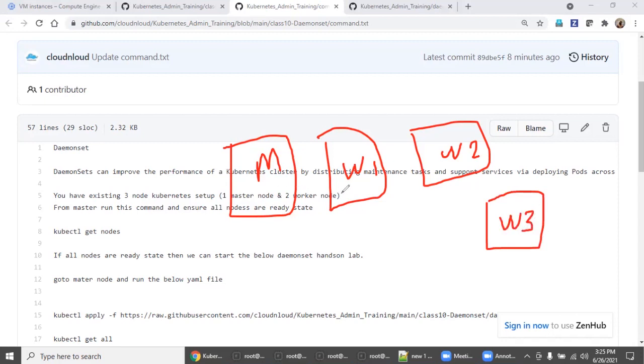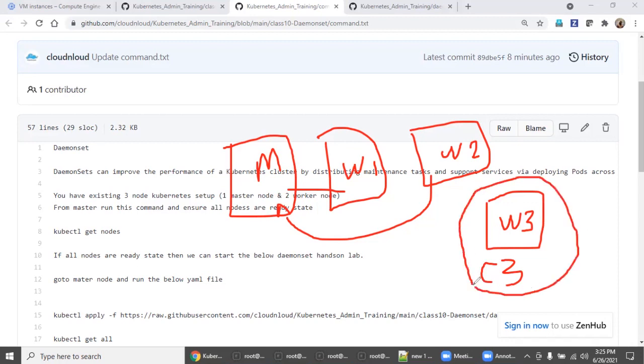Install all the packages as we discussed in class 3, Kubernetes installation, but don't add it to the Kubernetes cluster. You need to have this setup before we start this session.